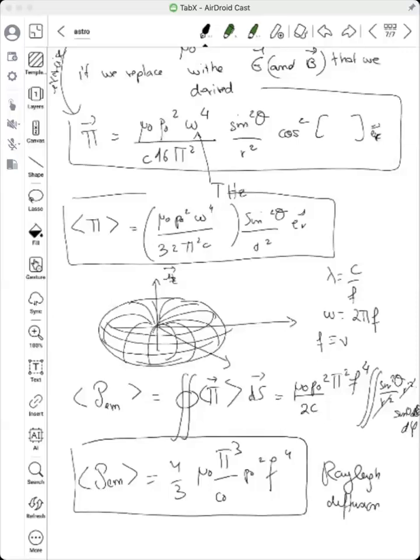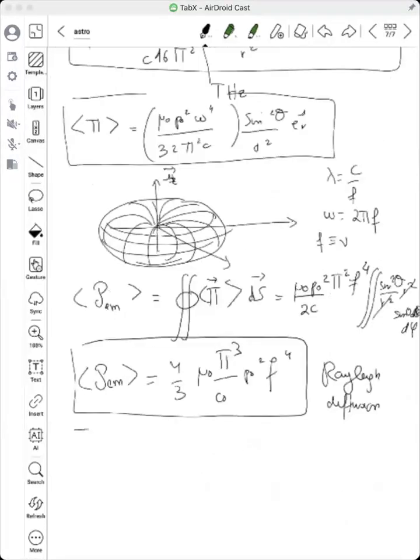And the important thing, which I will write in words, is that the mean power radiated by a dipole,